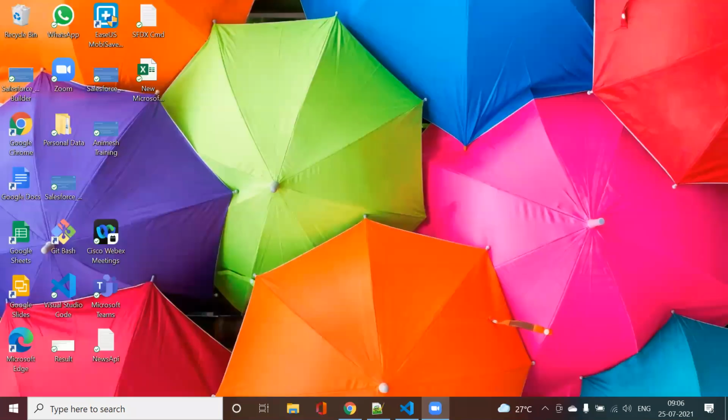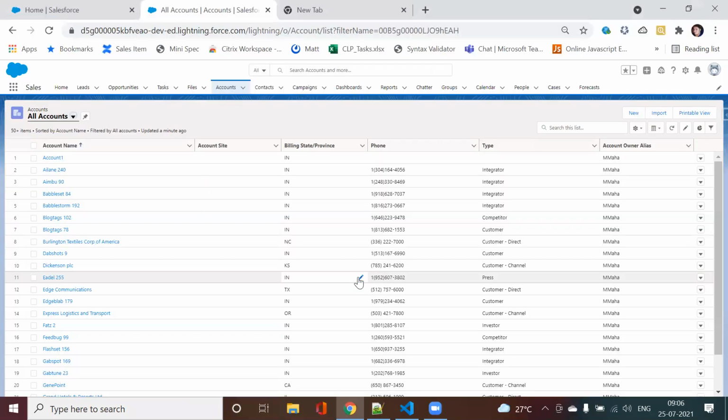Okay, fine. So, what discussion I had with Animesh, I believe your admin part is being covered. So today we are going to start the development part in Salesforce. Mainly the development in Salesforce happens at two levels. First is your backend part, and the other one is your front end part. In the first two or three sessions, we will try to cover the backend part. After that, I will move into the front end part.